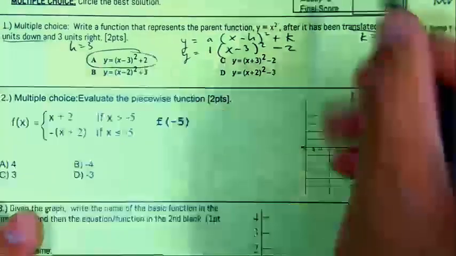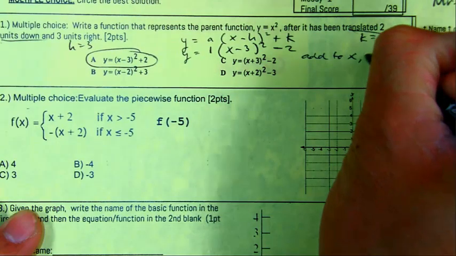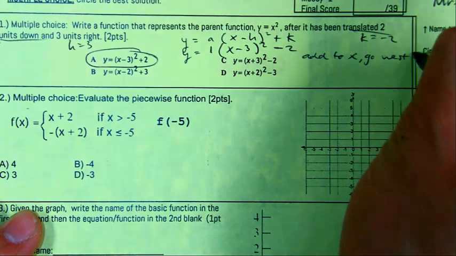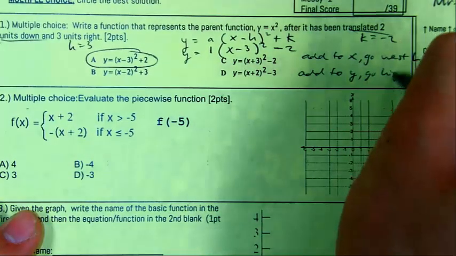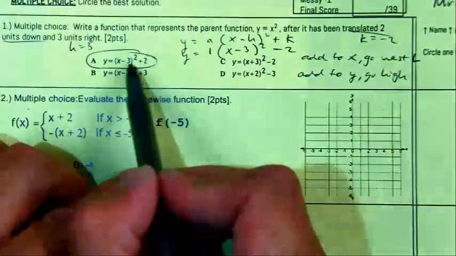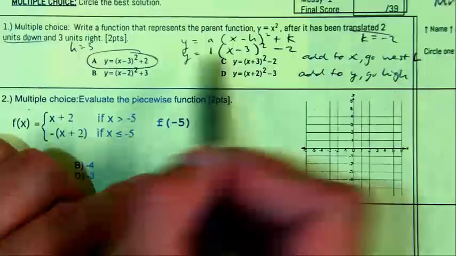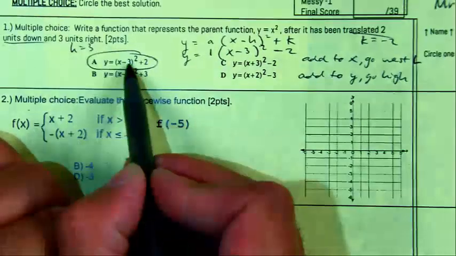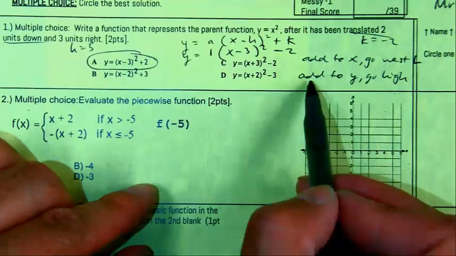Remember my silly phrase: add to x, go west or left. Add to y, go high. What does that mean? If this was a plus x, you would actually go to the west or left, but this is saying to the right. So in some ways inside it's the opposite, and then the outside, if you're adding,